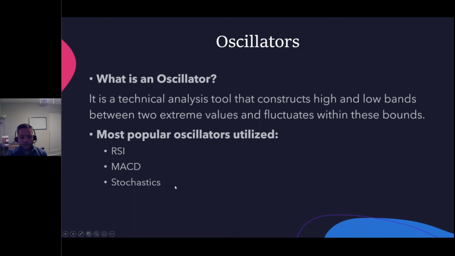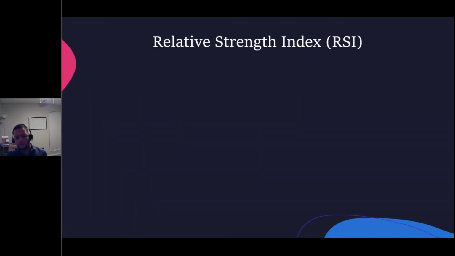Now, the stochastics is a little bit more complicated, and we're not going to get into that in this specific presentation. We might get into that in a future series of this technical analysis part, because stochastics has a lot of ramifications, right? It has a fast stochastics and a slow stochastics. It's somewhat complex, okay? But the RSI and the MACD are somewhat straightforward, so we're just going to focus on those two, okay? So the first one we're going to focus on is the relative strength index, or the